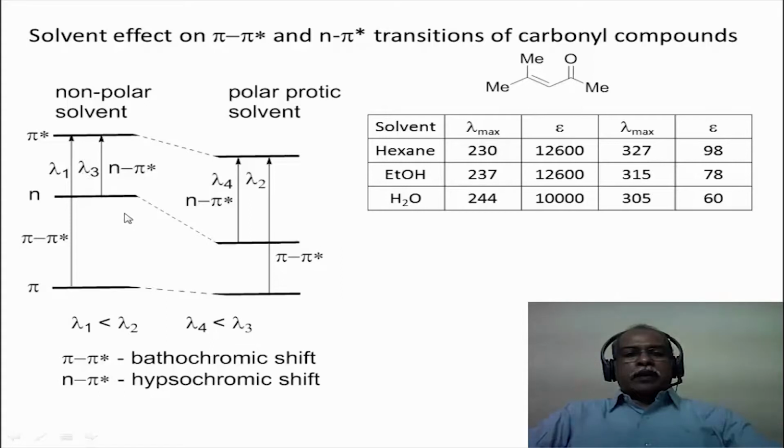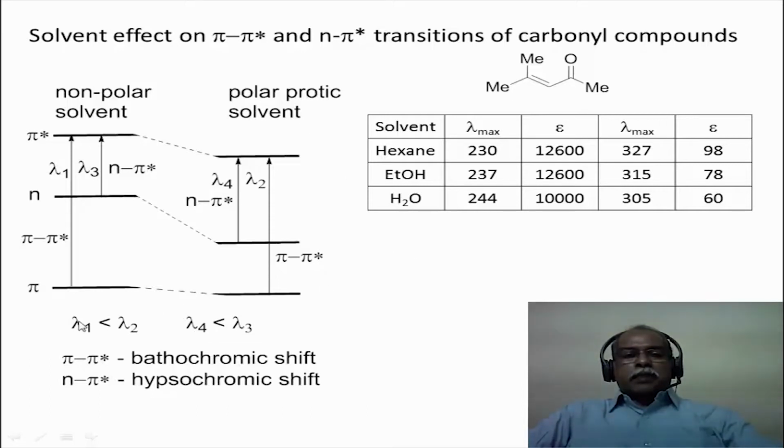Now when you measure the same compound in a polar protic solvent like ethyl alcohol or water, what happens is the lone pair of electrons on the heteroatom, here on the oxygen of the carbonyl functional group, can undergo hydrogen bonding interaction with ethyl alcohol or water, thereby stabilizing it by solvation. So the non-bonding level gets stabilized considerably in comparison to a non-polar solvent. The pi star molecular orbital is a more polar state compared to the pi molecular orbital, so that also gets solvated and stabilized in a polar protic solvent like water or ethyl alcohol.